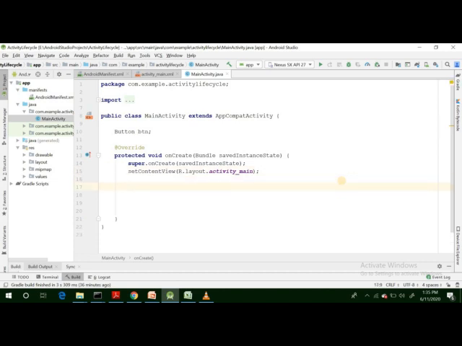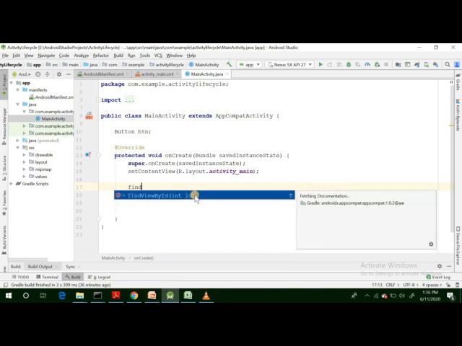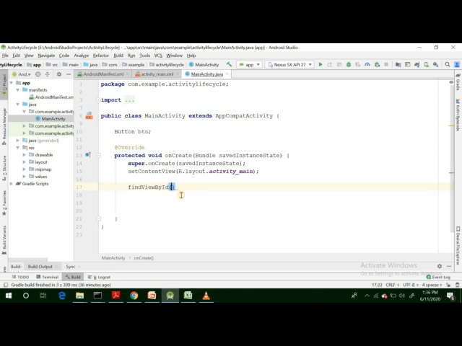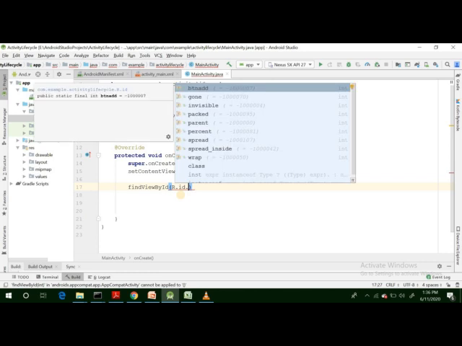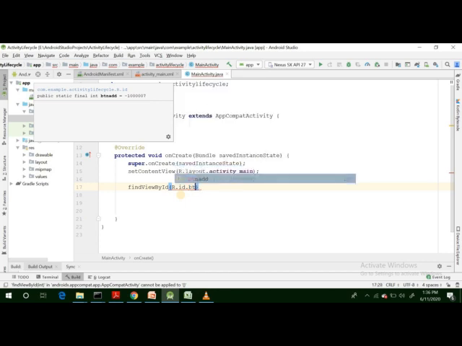So how can we get it? There is a simple method available inside this activity, whose name is findViewById. It takes the id as an input. So we will give the id as an input: R.id. and then the name we gave to the id of the button in the layout file. It was btn add.